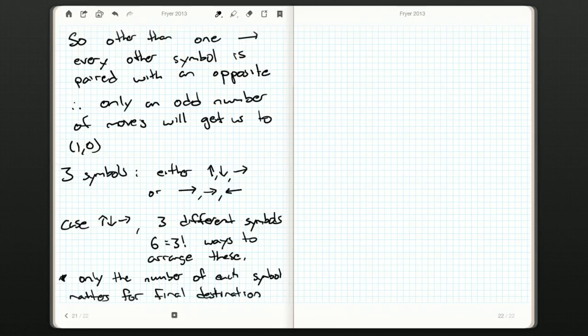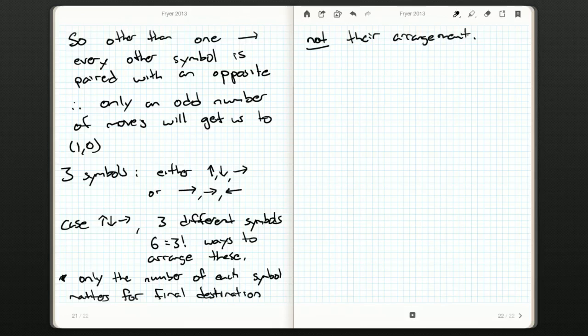So the only things that matter to get to our final destination are the number of each symbol, not the order in which we travel. So all 6 of these will still get us to 1, 0. Now how about this? If we have 2 to the right and 1 to the left,